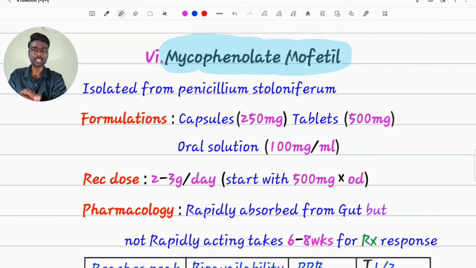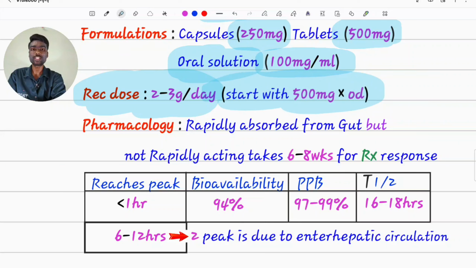Mycophenolate Mofetil. It is isolated from Penicillium stoloniferum. Available in 250 mg capsules, 500 mg tablets, 100 mg per ml oral solutions. Recommended dosage is 2 to 3 grams per day. We have to start with a low dose, that is 500 mg OD, then gradually increase until 2 to 3 grams